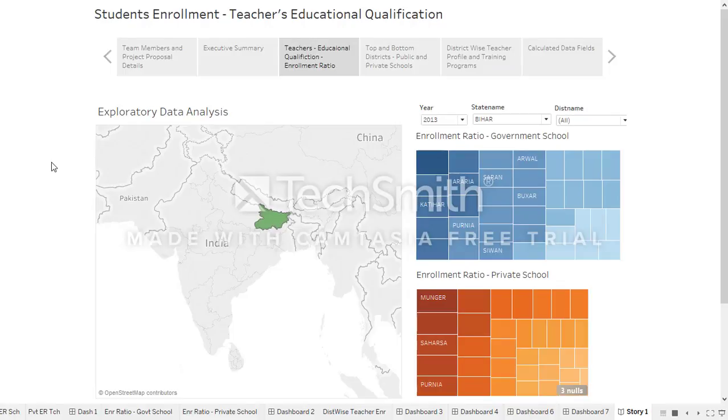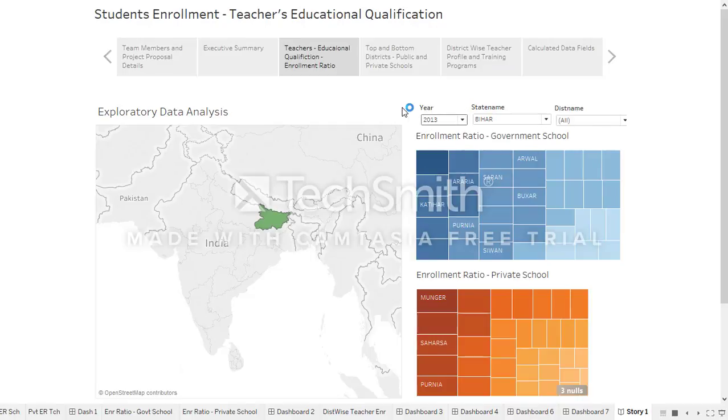If you see over here, the first dashboard talks about the exploratory data analysis. What we have given is a geographical representation of the different states in India in comparison to the enrollment ratio in the private schools and the government schools across various years, which is 2008 to 2014. So currently,